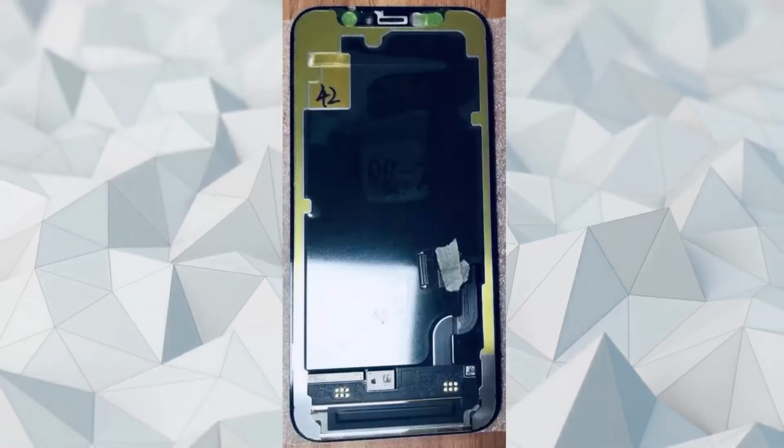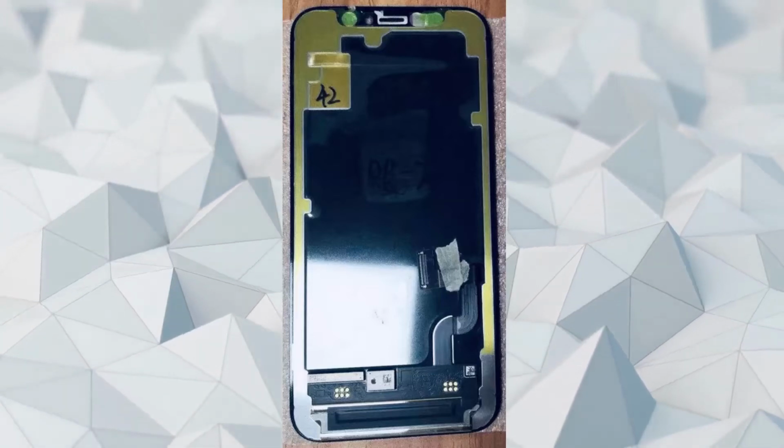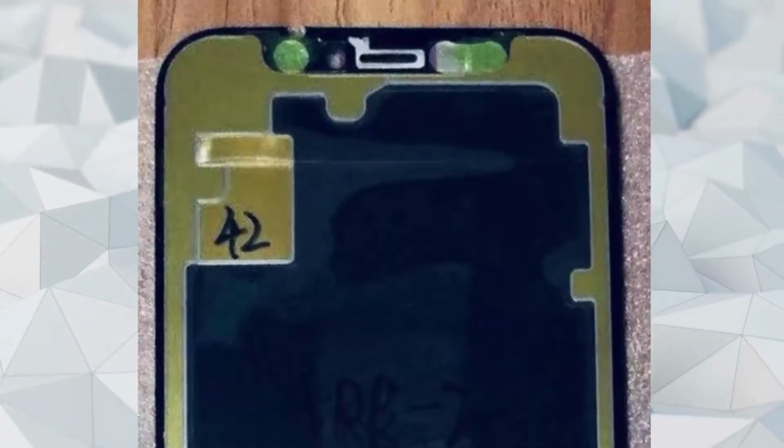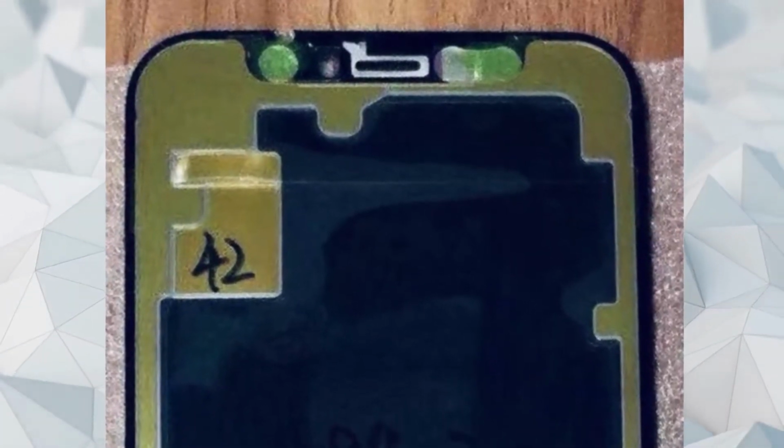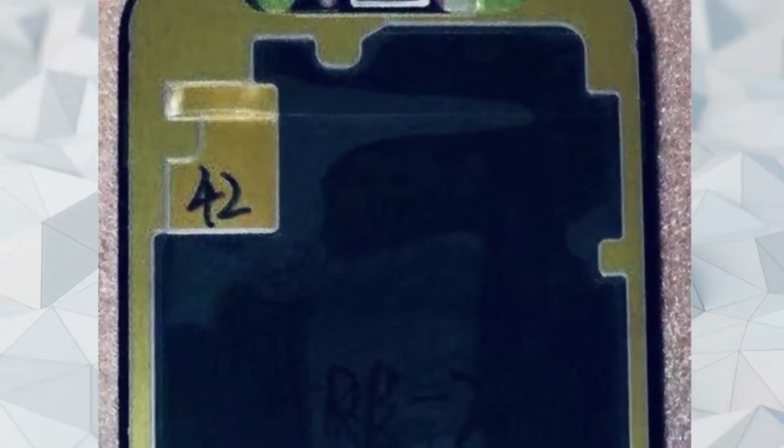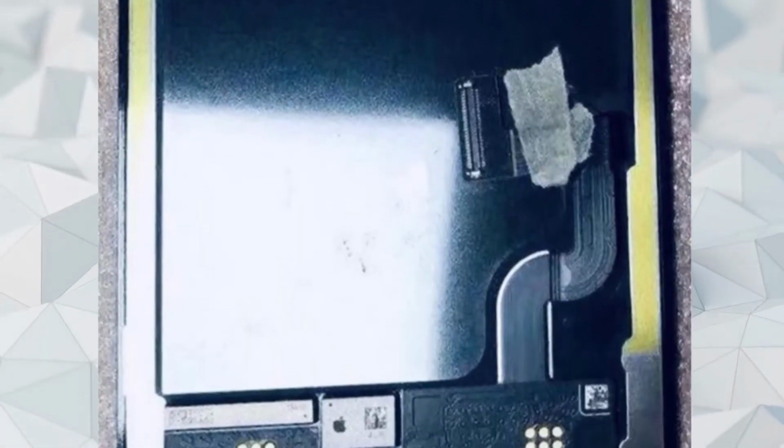A further image of an iPhone 12 Pro screen panel prototype has now leaked, and unfortunately, it also looks like Apple is sticking with a larger notch on its Pro model as well. The chassis again confirms the angular design. The angular design Apple will introduce for the range, which takes influence from both the iPhone 4 and the current